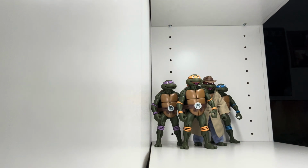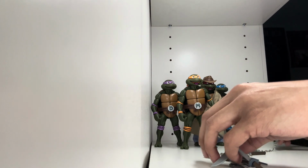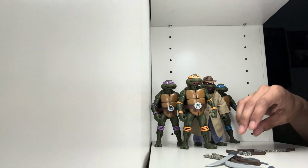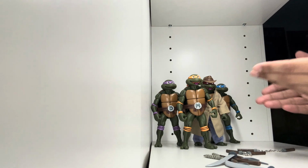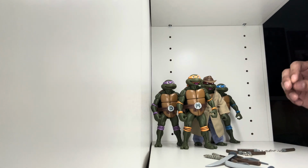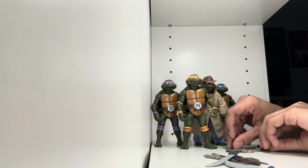Too much, too much. The only thing we have to look at is just the weapons. That's it. Then afterwards, we're going to switch some hands around, switch their heads around, show the posability, and then give a review on it. So let's continue with this. First,